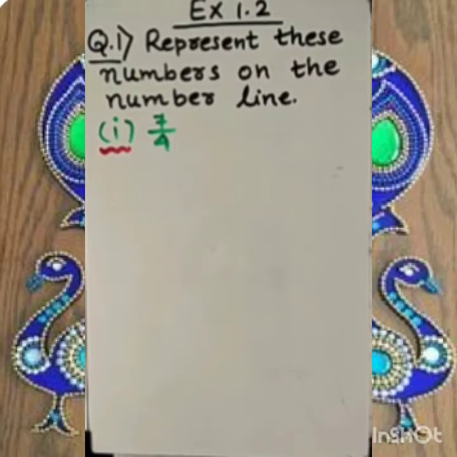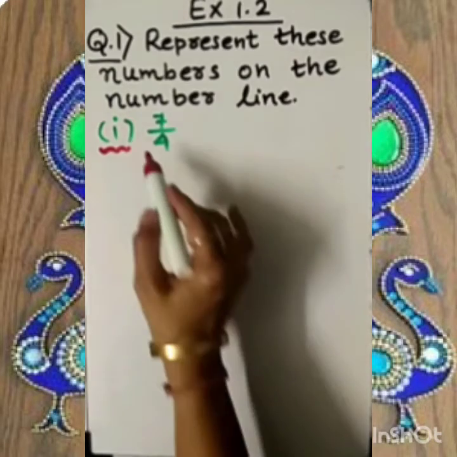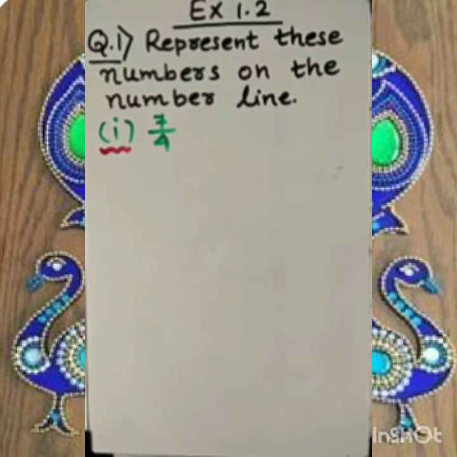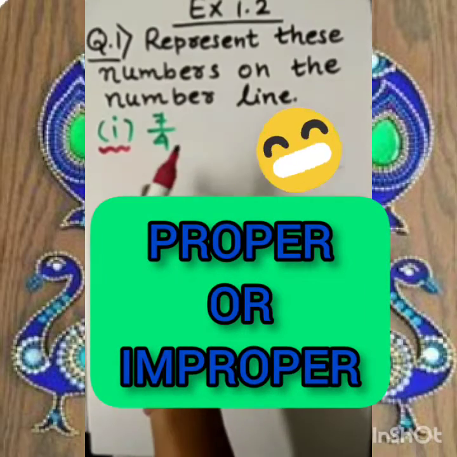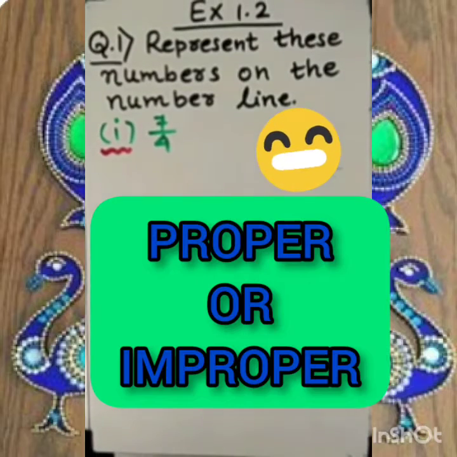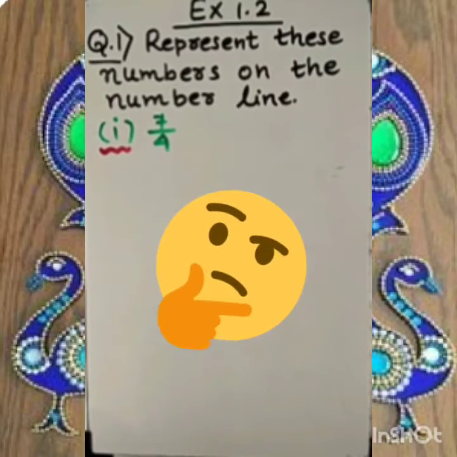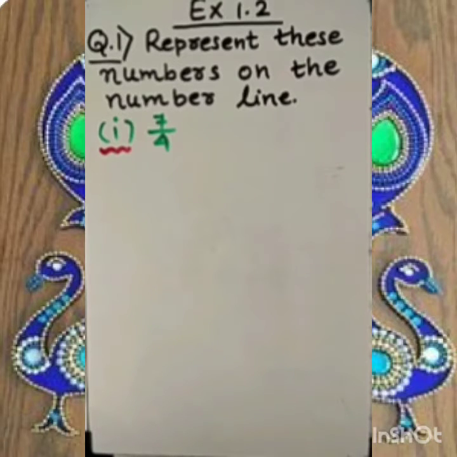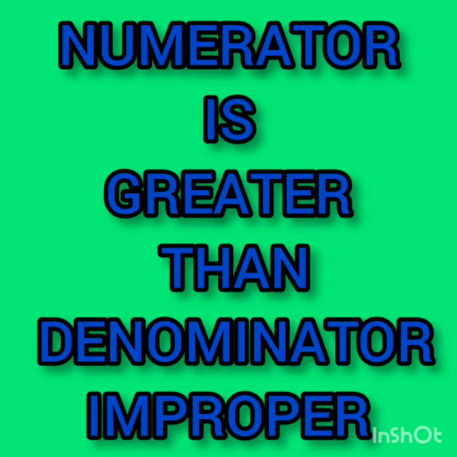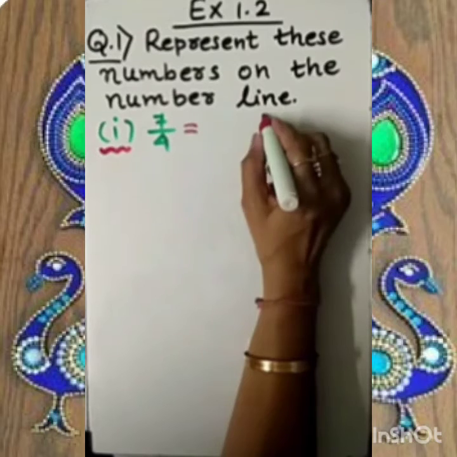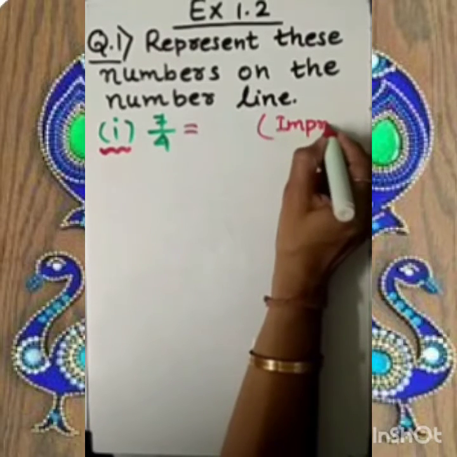Fine. So first of all, think about the given rational number. This fractional number, rational number we are given is 7 by 4. Agree? Now the first question that will come to your mind is, is it a proper fraction or an improper fraction? So think about that. If the numerator is greater than the denominator, then it is an improper fraction. You can see the numerator is greater than the denominator, so it is an improper fraction. Fine. So first of all, we need to mention here this is an improper fraction.